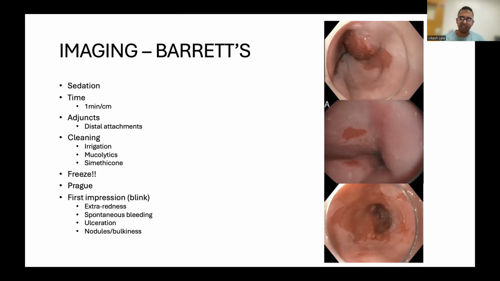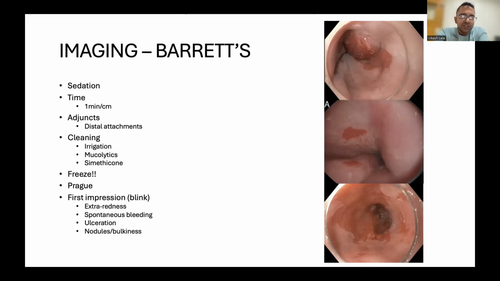Then there are other things that can help you when imaging these patients. One of the things that I am quite a fan of and do use often, and you'll see it in my pictures there, is the use of a distal attachment or a distal transparent cap. It's a little cap that goes on the tip of the scope. The value of that is that often you try to get up close to a lesion, and when that lesion comes against your scope, your screen, you get red out. So the cap just gives you that little bit of distance to keep the image off your monitor and to get you a nice image. You can also set the cap on a lesion, isolate it, and put that lesion under water by just filling your cap up with water. And water really does help to magnify images and give you much clearer pictures.